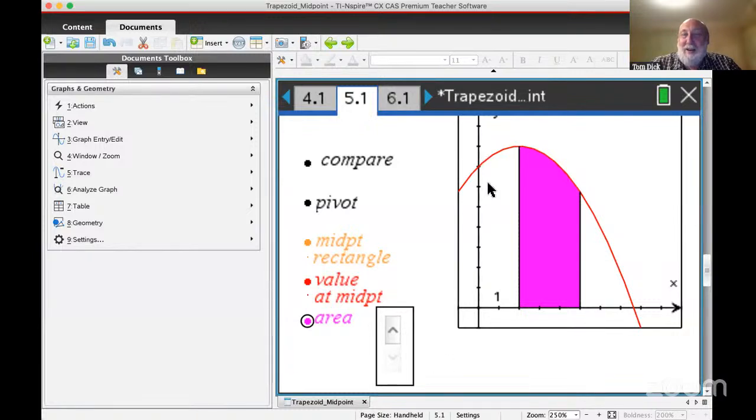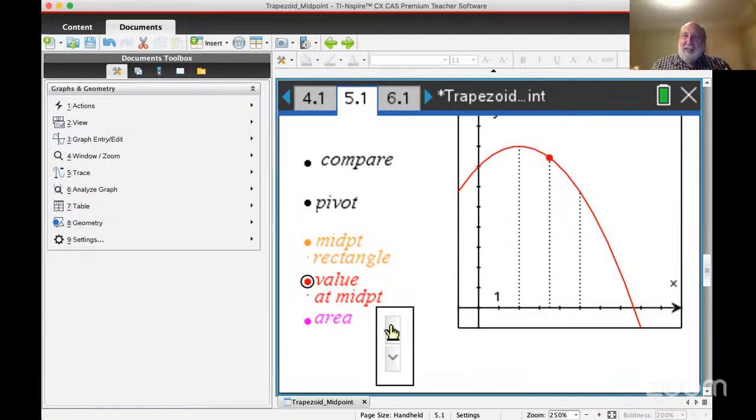So here, can you see my TI-Nspire screen here? Yes. So I've got a curve here, and it's actually showing the area under the curve. But this issue you said, well, exactly how does the midpoint rule value compare to the trapezoidal rule? Right. Even if the function's monotonic, like in this case, it's decreasing over the whole interval,